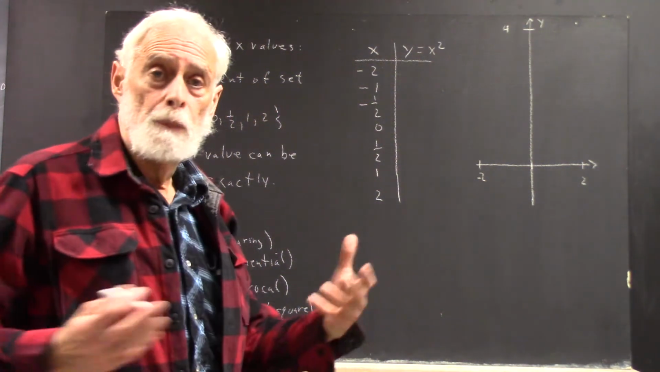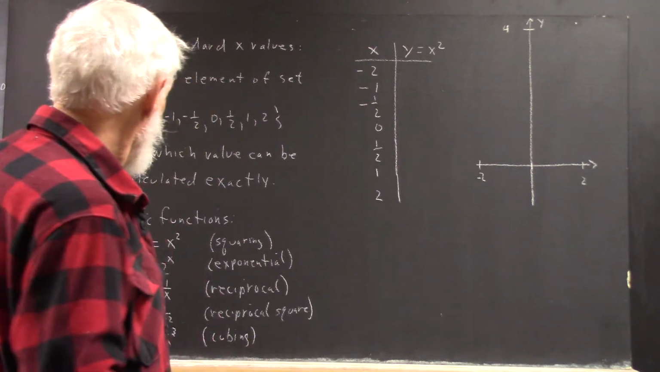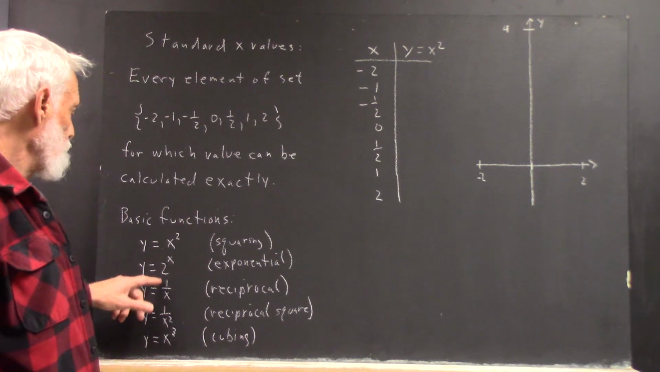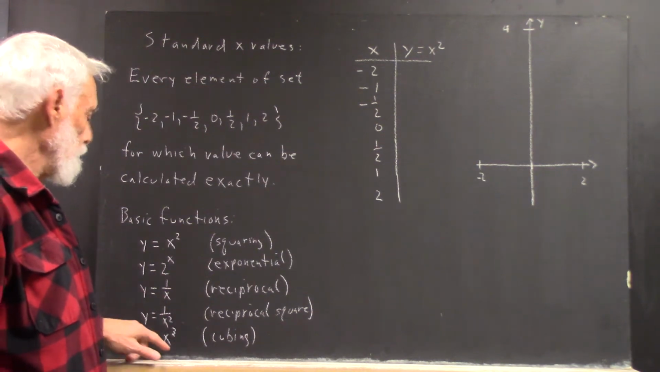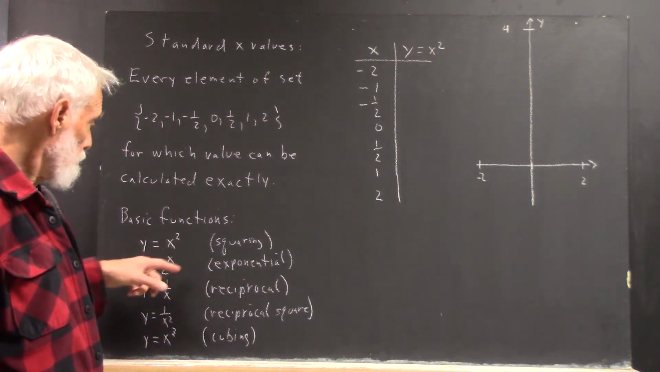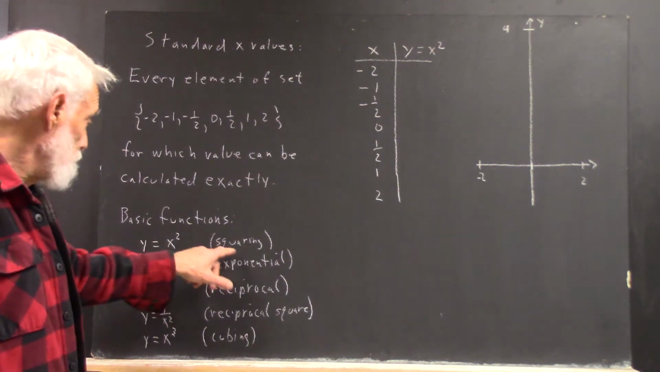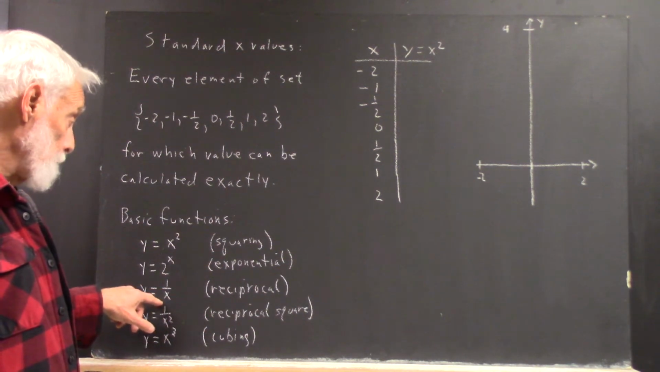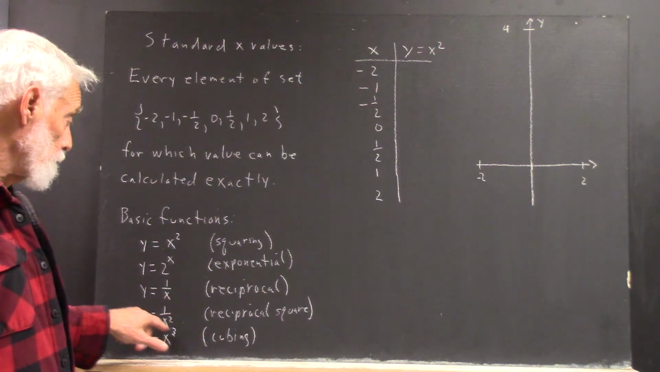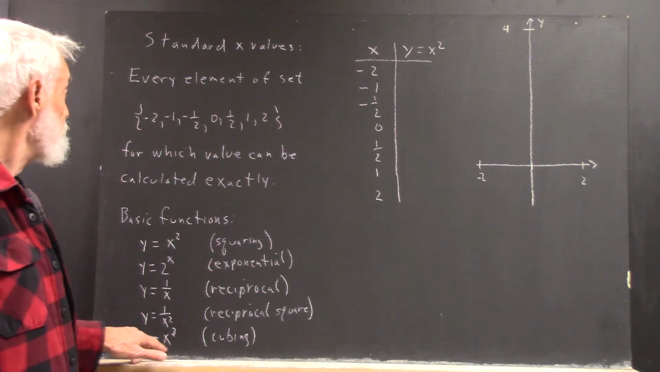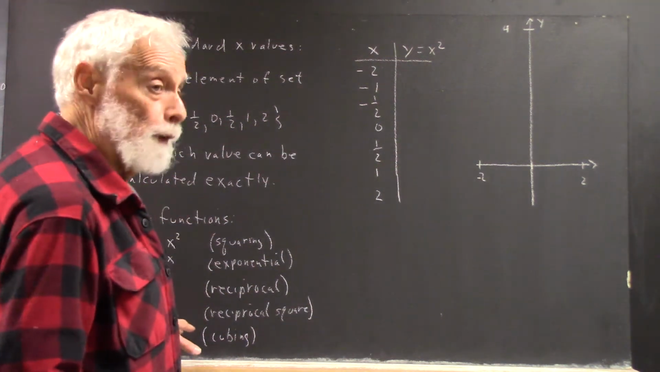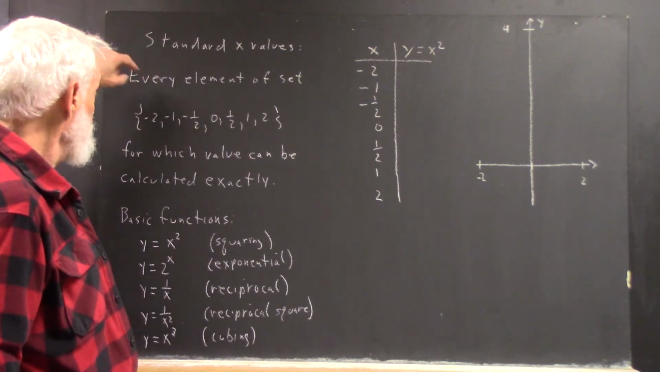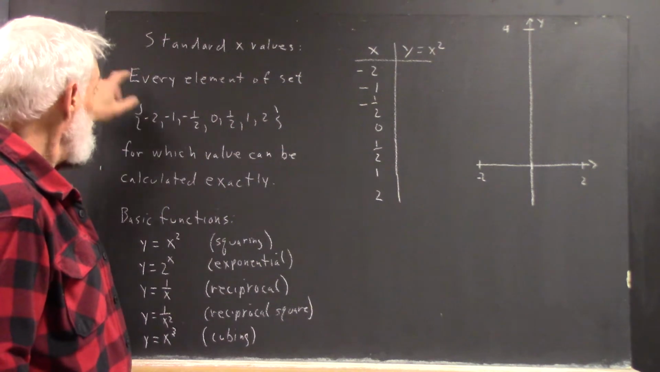Pre-calculus begins in this course with the basic functions: y equals x squared, y equals 2 to the x, y equals 1 over x, y equals 1 over x squared, y equals x cubed, called respectively the basic squaring function, the basic exponential function, the basic reciprocal function, the basic reciprocal square function, and the basic cubing function. We evaluate the function at standard x values, and the standard x values will be, for each function, every element of the set,